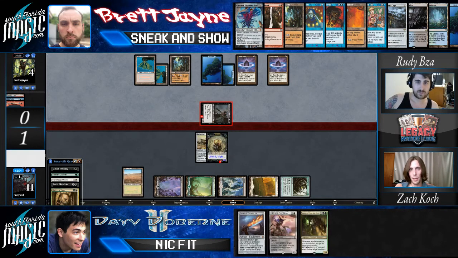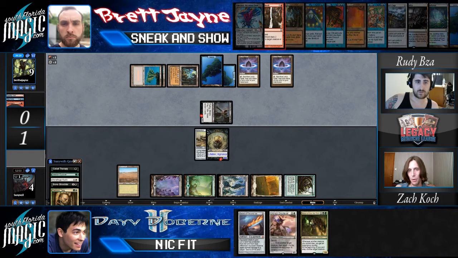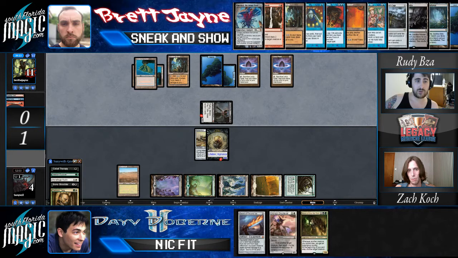Now the downside to using that Wipe Away to preserve some life is that he drew this Show and Tell this turn, and unfortunately, if he casts it, the Marin can come right back out. So it looks like he's going with the Sudden Shock. Yeah, Sudden Shock on the Germ Token here is going to prevent